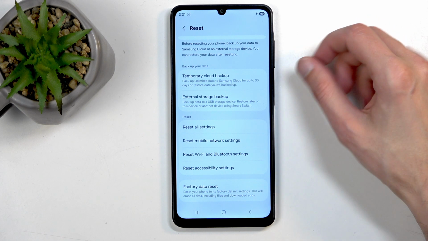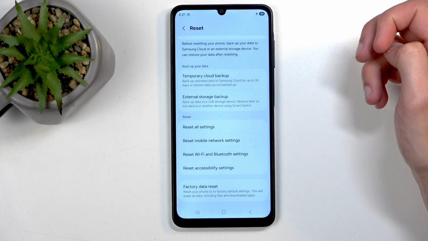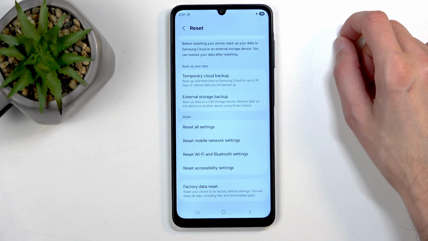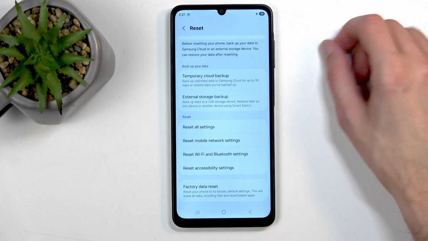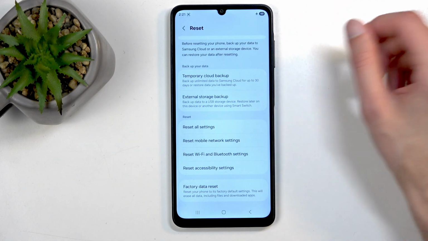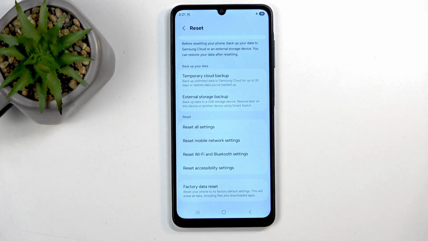Now, Samsung does allow you to use the other option, the external storage backup. Now, this basically means, in fancy words, that you can back up all your data to your computer, for instance, through a cable. Now, this is better, I would say, because it can be stored on your own device or on your own storage, which removes the idea of it being, for instance, uploaded to the cloud and utilized and not being private and all that. But